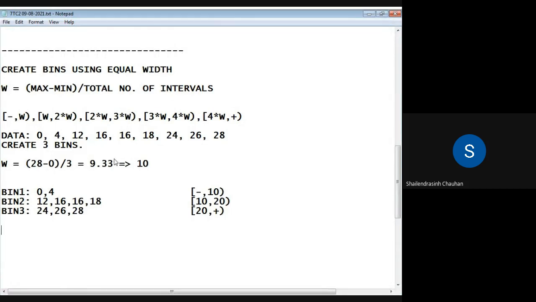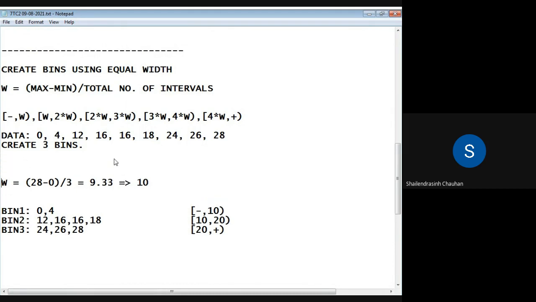So for example, this is the second step, creating bins using the equal width method.